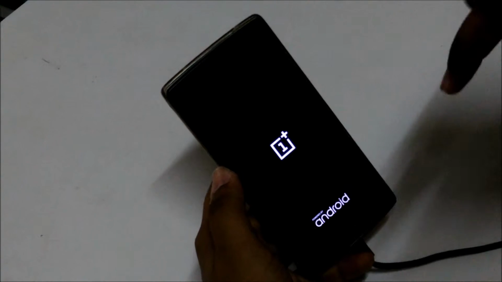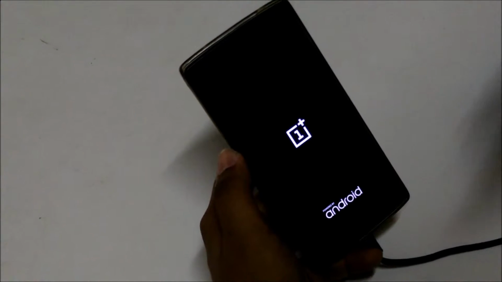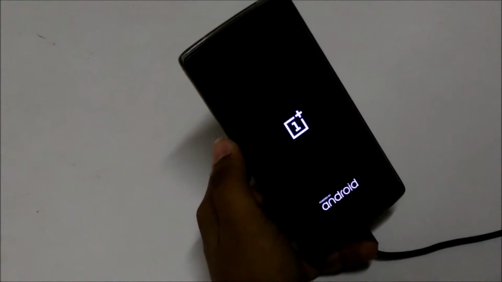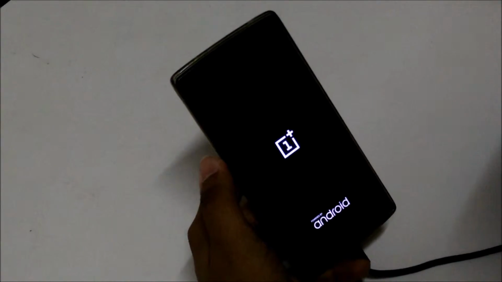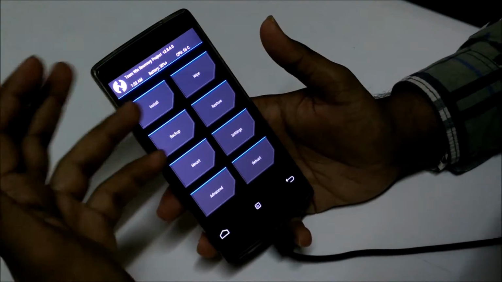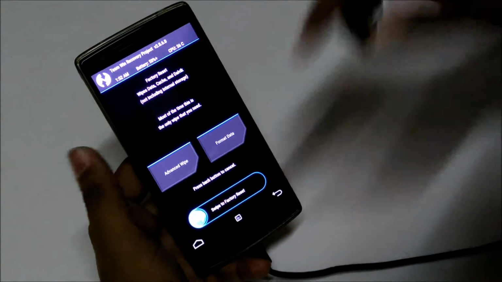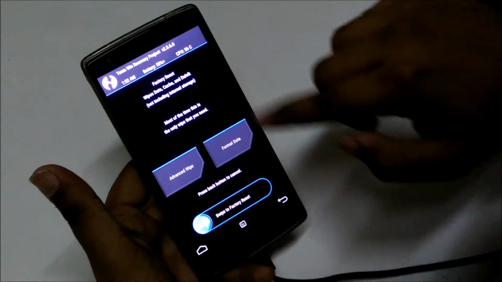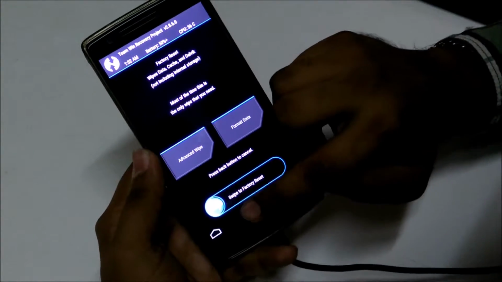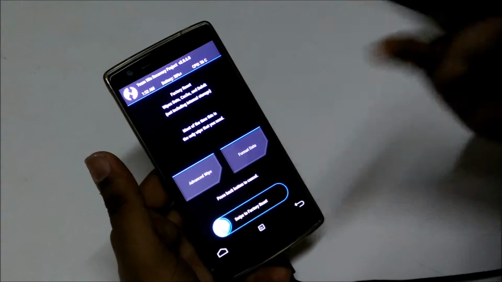As I've shown in my previous videos also, I am currently using TWRP version 2.8.6.0, which is the most stable version from TWRP. Once we are on TWRP 2.8.6, on your recovery mode, if you don't care about your data, you can just wipe out all your data and factory reset it. Swiping to the right will factory reset your phone and bring it back to your original ROM.